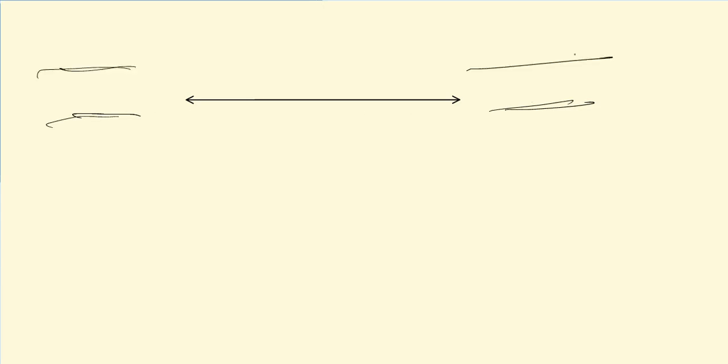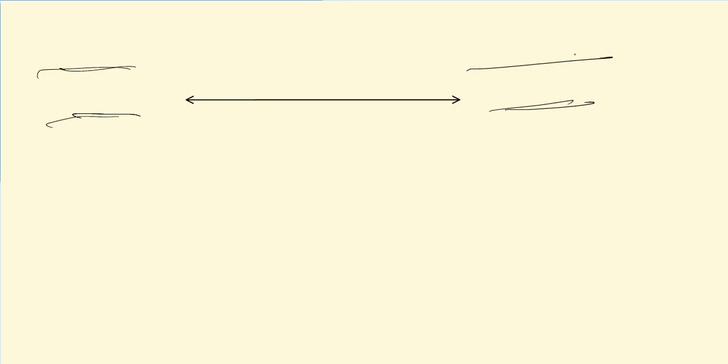Then some more points. The two arrows of a line drawn in opposite directions indicate that the line has unlimited length. That is, it can be extended up to any distance on either side. So this one is your diagram, and a straight line we are having here. This is a diagram of a straight line, and as I told you, this line is having unlimited length. It can be extended up to any distance on this side as well as this side. You can produce this line further in this direction as well as in this direction.